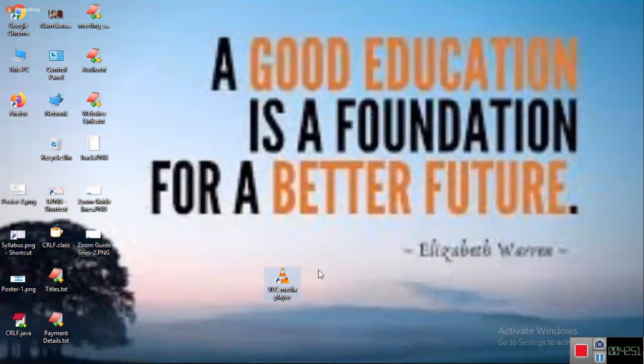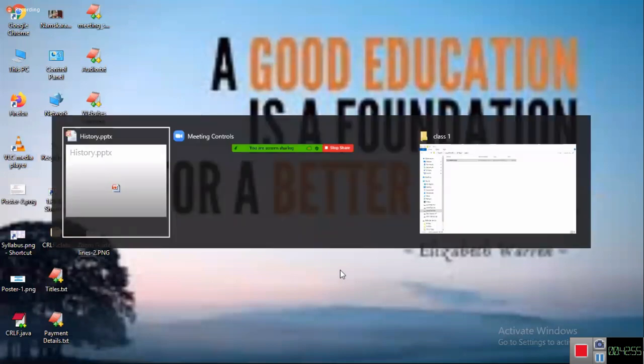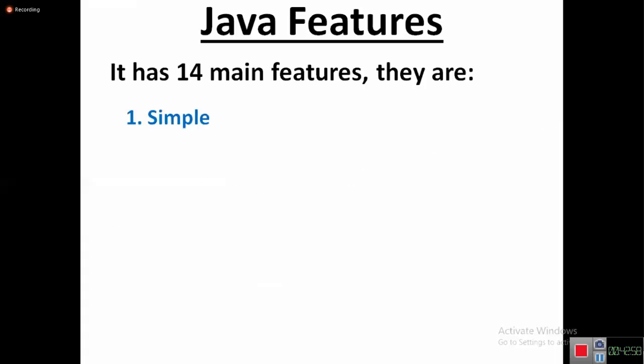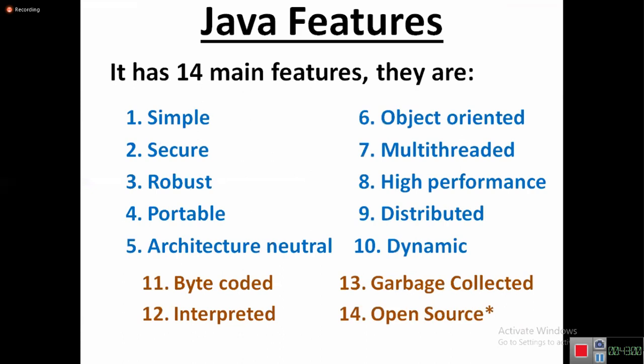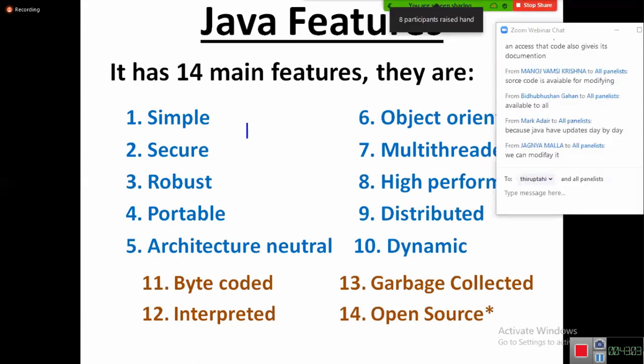Are you catching my point? Then what is the meaning of open source? There are some criteria. If you want to call something open source, there are some criteria. What are the criteria? Observe. Number one, it is freely available to download. It's free. Point number two, its source code is open to all to read and modify. That's called open source.